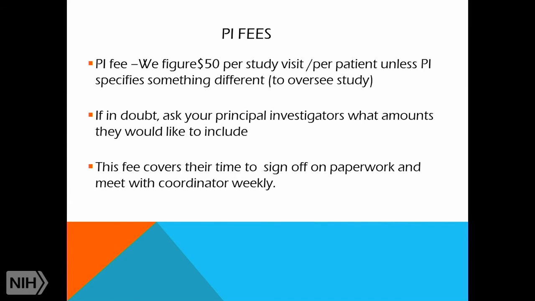So I also put a line in as PI fees for each visit, because a lot of times the PIs have to sign off on CRFs, labs, EKGs, even if they're not necessarily at every visit. So I think I put in $50 a visit, so that if there's 10 visits, then they've made $500 to cover their time, because a lot of times their time isn't covered. They have so little time to spend, they're rushing between clinic and doing research, that it does help with their bottom line.